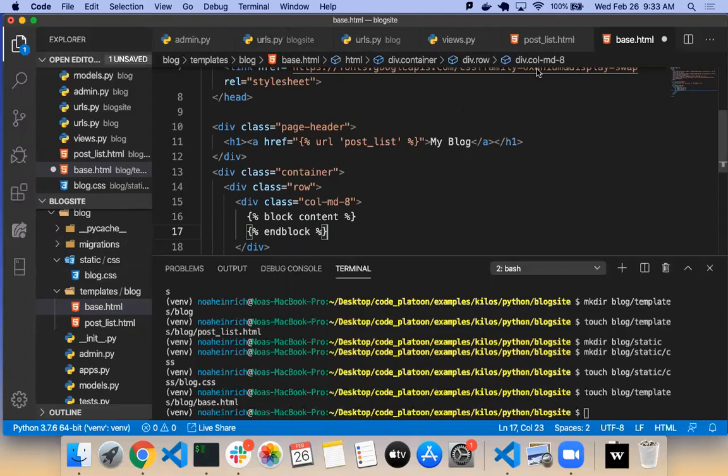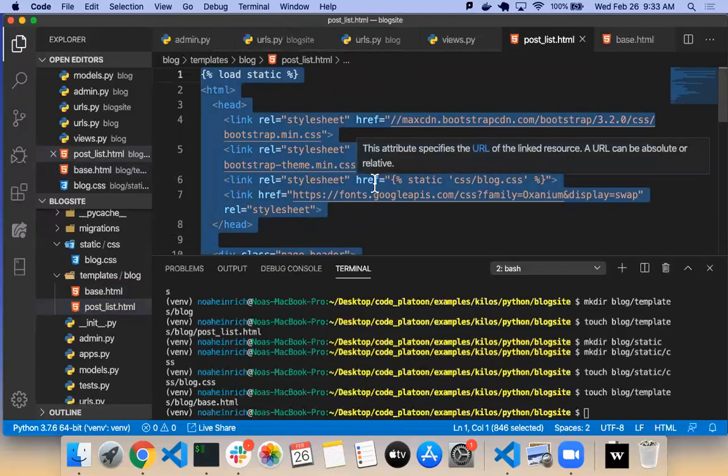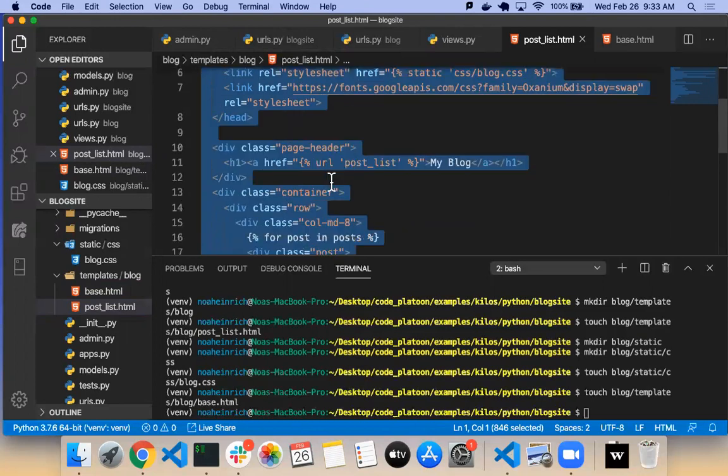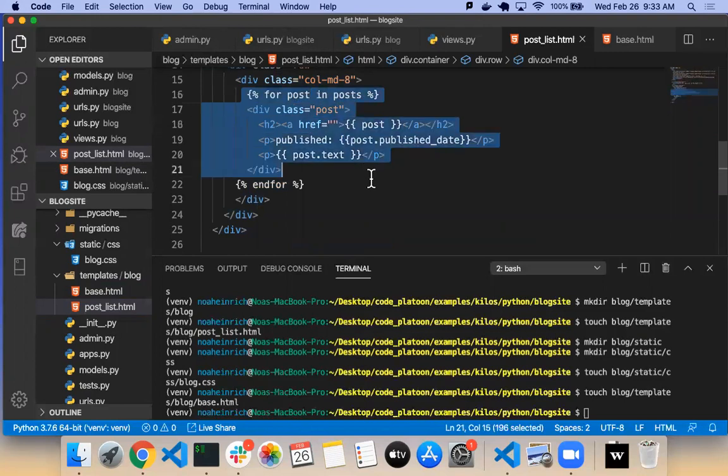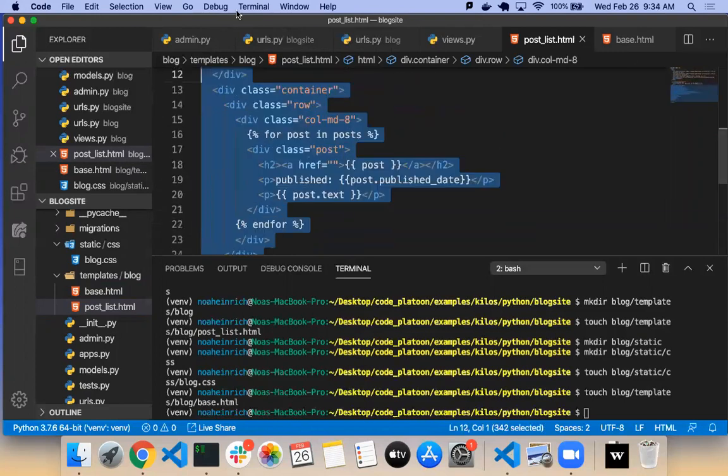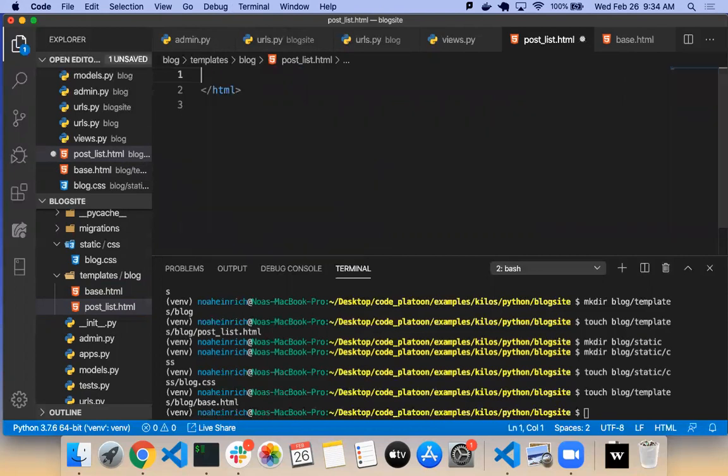And now I'm going to change post list a bit. I'm going to make sure I copy this, then delete everything, including this. I'm going to put a line up here that says extends blog/base.html.